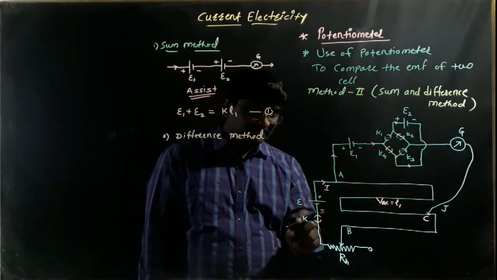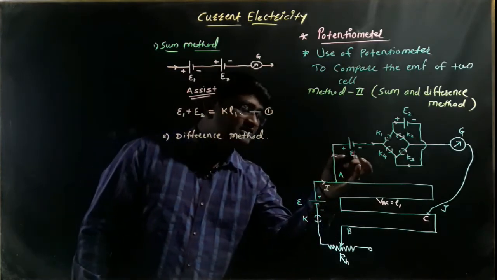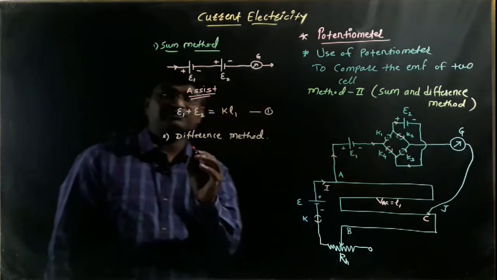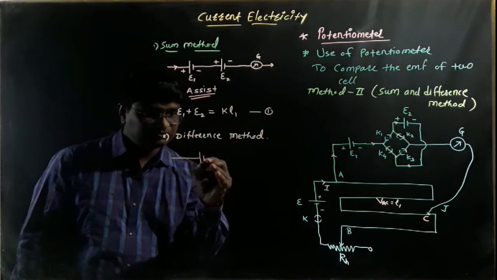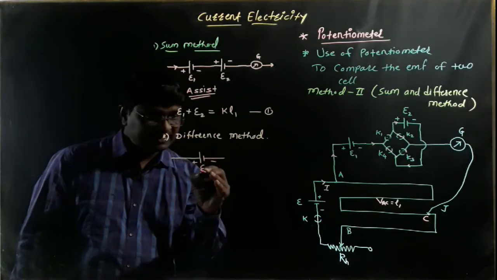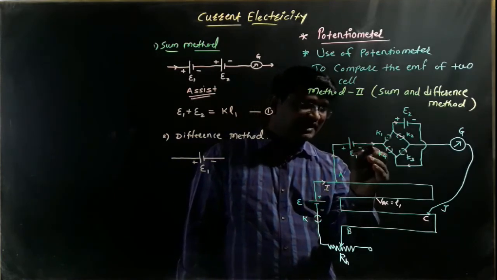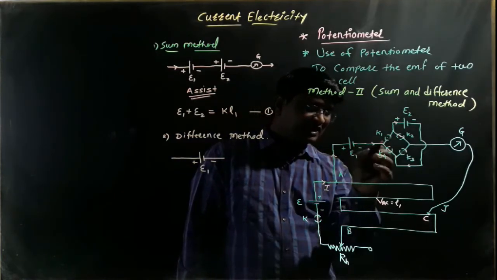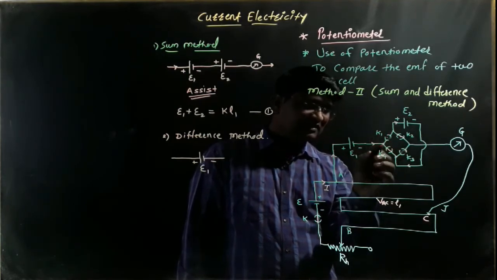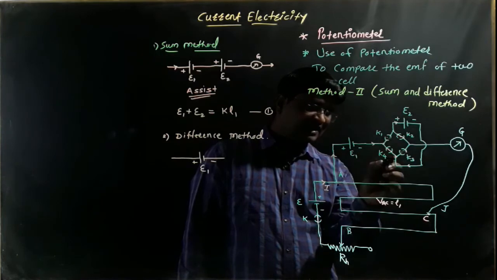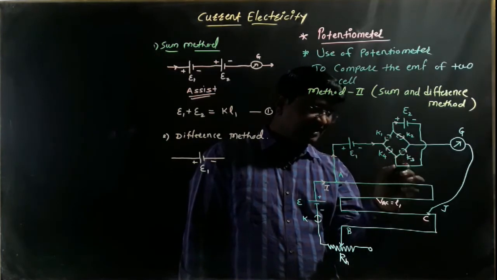So what happens when K2 and K4 get closed? Let's see. When the main key is closed, electric current passes through the circuit. This current passes through the cell epsilon 1 from positive to negative. But what happens after that? The current reaches this junction, but it cannot pass here because K1 is open. So the electric current passes through the key K4, moving directly here. The direction is exactly opposite here.